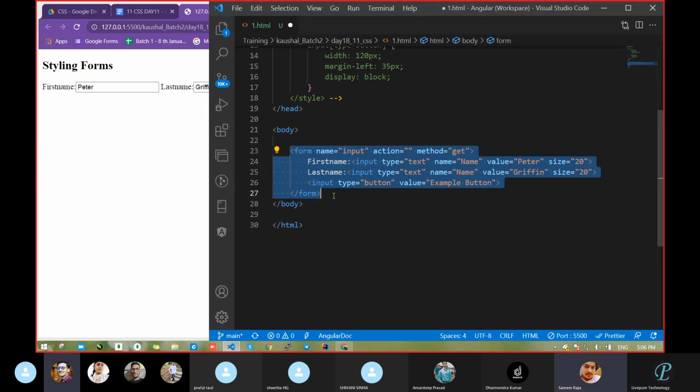Shivani, Pooja, Sweta. Semantic, sir, that means makes sense, and non-semantic means like header, div, paragraph. Okay, Sweta, what are you thinking? Semantic means